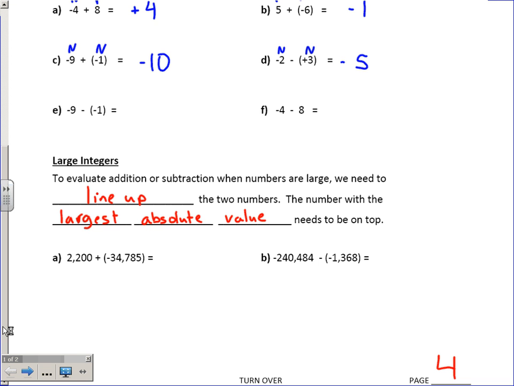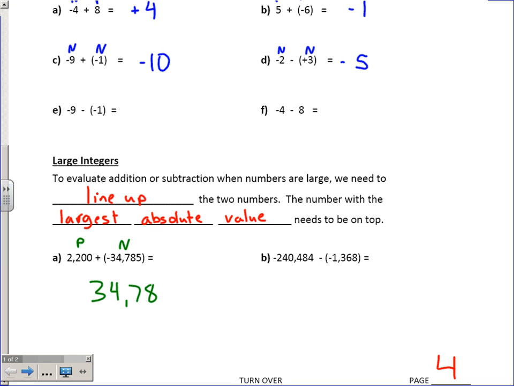We can't just put any of the numbers on top, though. You always have to put the number with the largest absolute value. What that means is we'll do our first example. So this is positive, this is negative. Now, the one with the larger absolute value is actually the negative number. Even though it's less, its absolute value, which is the value from the number 0, is larger. So this number goes on top,